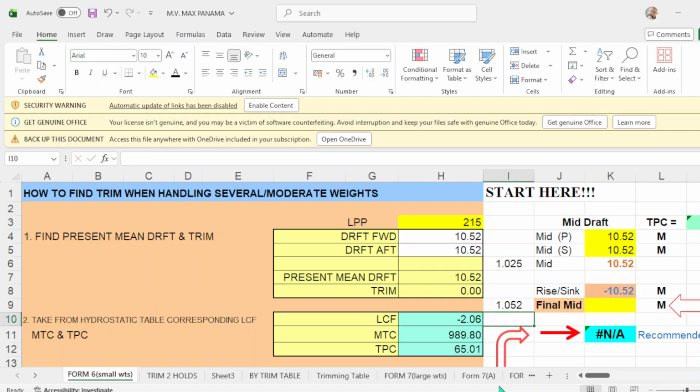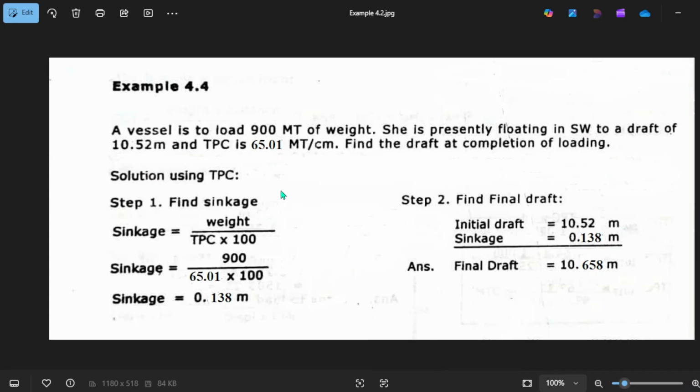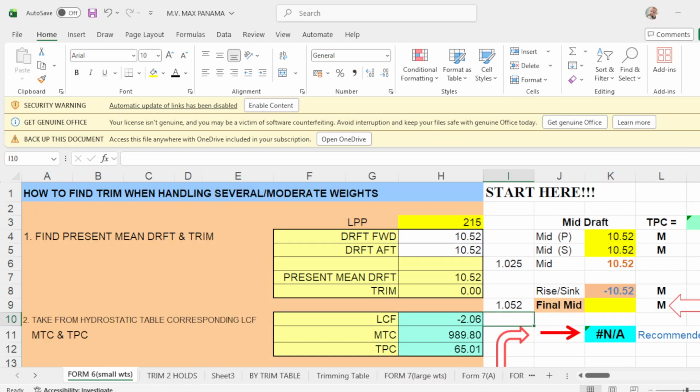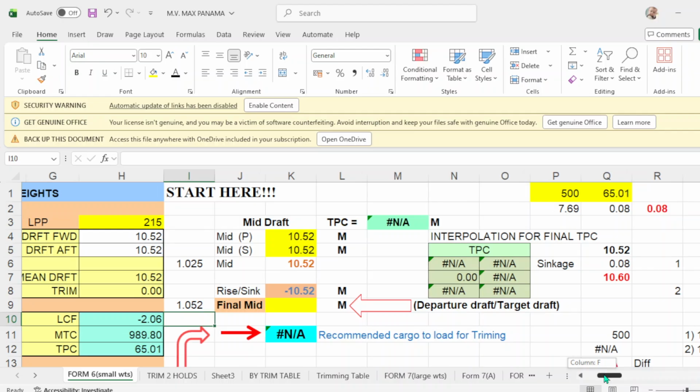Okay, now take note that your weight to be loaded is 900, according to the plan that you're going to load 900. So what you do, you don't have your final drop or your departure drop here, so you put here 900.